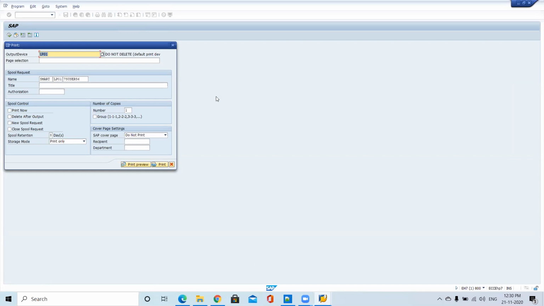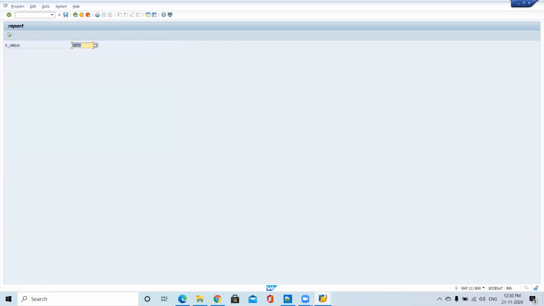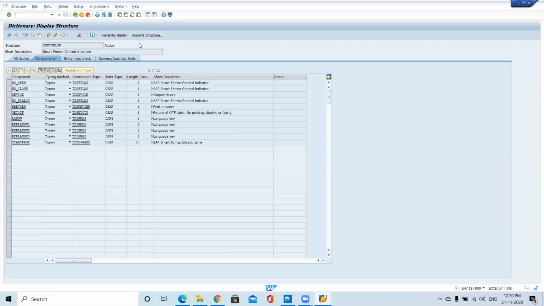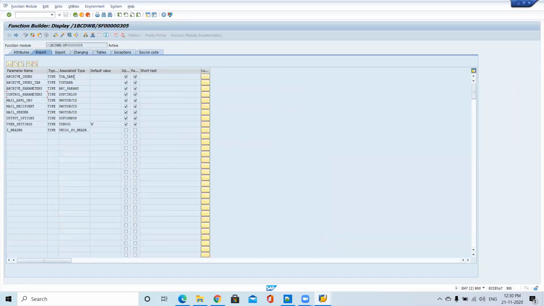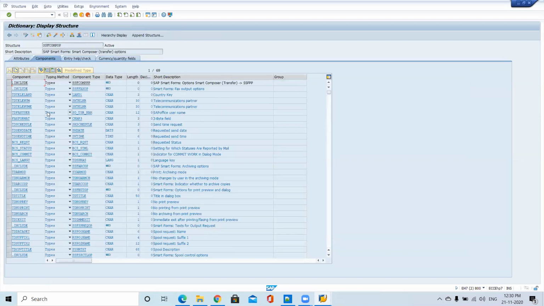So how to pass them? Those come under the output options: no print, no preview. Two options are available.